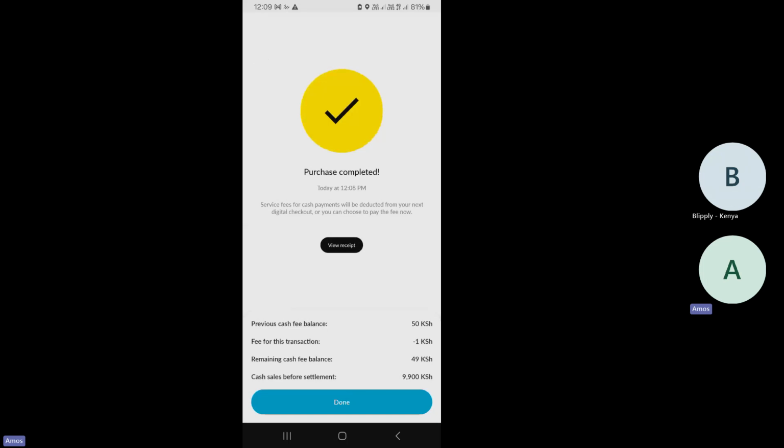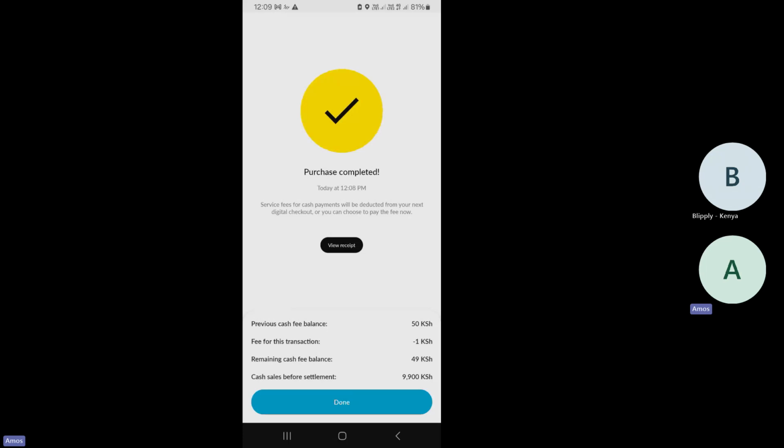So the fee for a transaction that is below 100 shillings is 1 shilling, 1 bob, for any transaction yenye haifiki 100 shillings. So nalipa 1 bob. So that is what you can see.